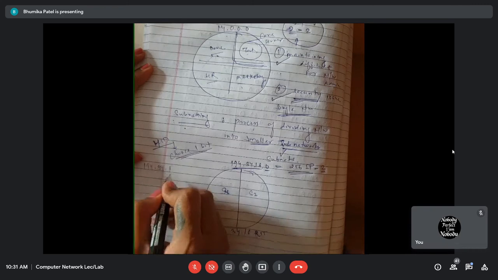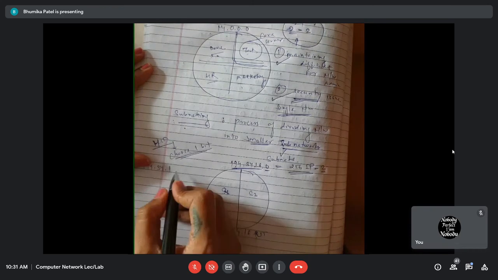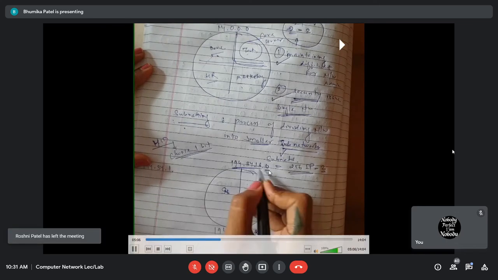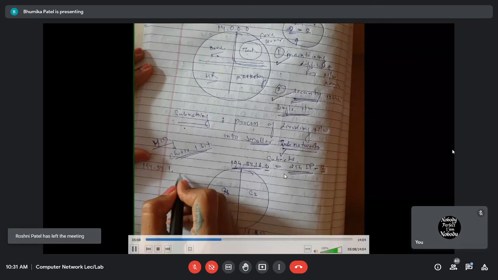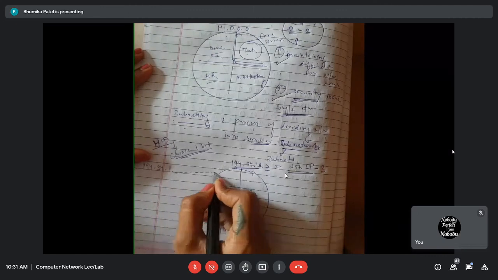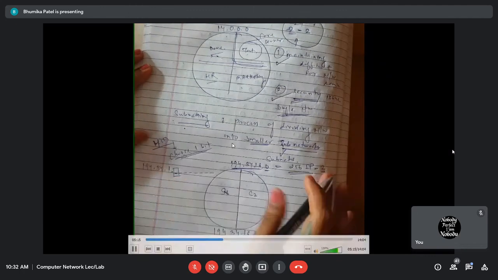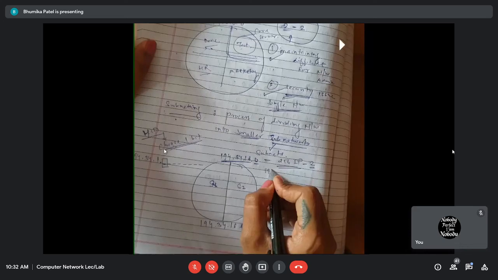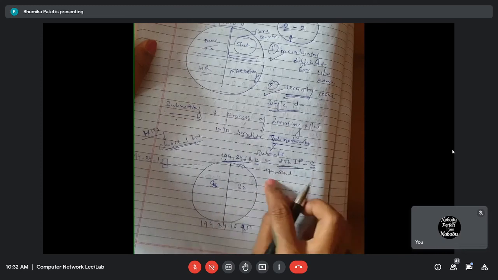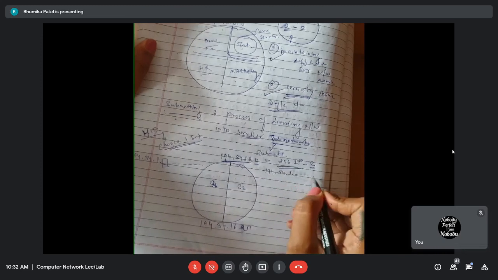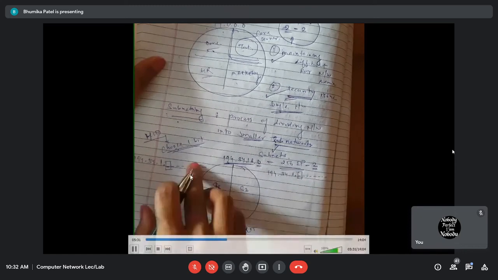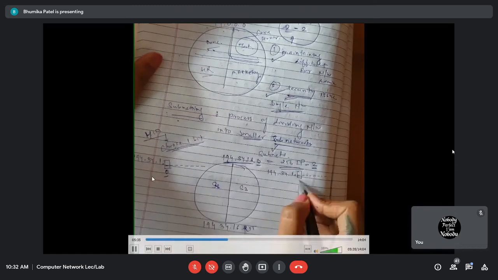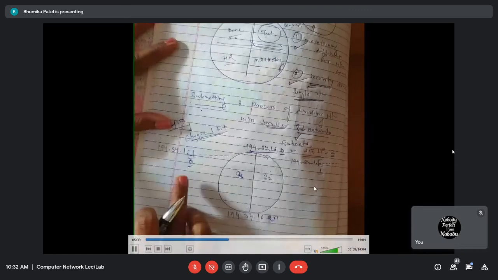I'm going to choose this one bit from the host ID. I'm going to keep the first 3 bytes of the network ID as they are, and the last host ID part, which is 0, I'm going to convert into binary. It will be 8 bits, and I'm going to choose one bit from this entire 8 bits, from the last portion of the host ID, for subnetting. I choose it in order to divide. So here again there will be 8 parts. For the subnets, I'm going to choose the first bit. The first bit for subnet 1 will be 0, and the first bit for subnet 2 will be 1.